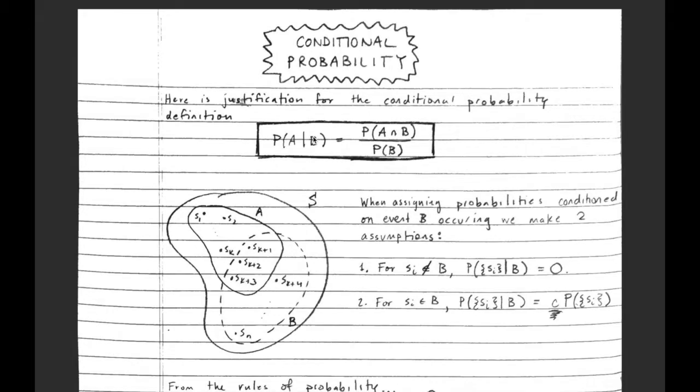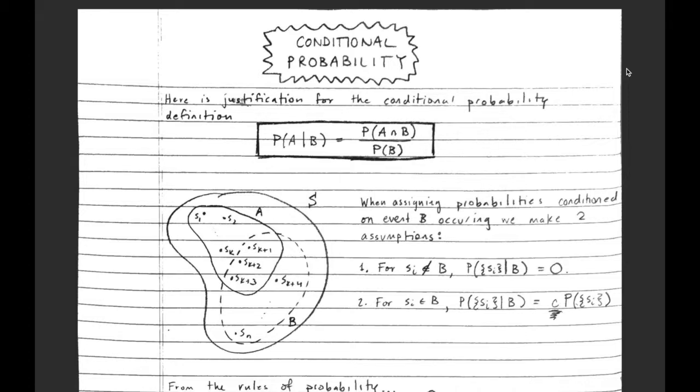Here's a short justification for the definition of conditional probability. In the week 3 online video lecture, there was an intuitive motivation for the definition of conditional probability, and that was done using two-way tables. So if we knew that a certain event was given, we would restrict our attention, in essence, shrink